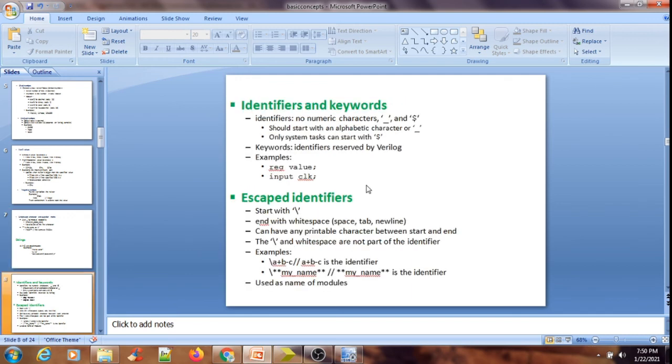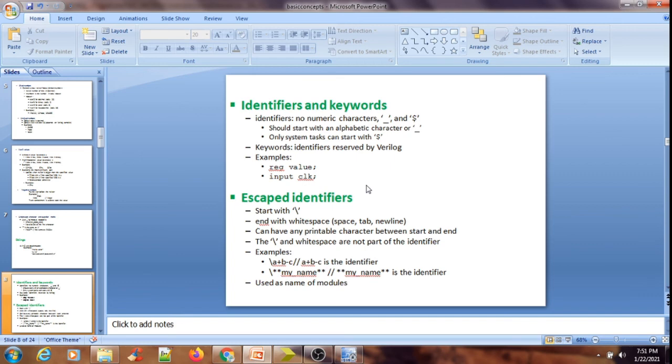identifiers and keywords. So what are identifiers and keywords? These play a crucial role in our programming. Whenever we are doing Verilog HDL programming, these are highly required. Without them, we cannot do anything. Identifiers are generally the names given to objects. In the example of your ripple carry counter, we have seen four objects. So how do we identify each and every object? I have just given them names. This is the purpose of an identifier.